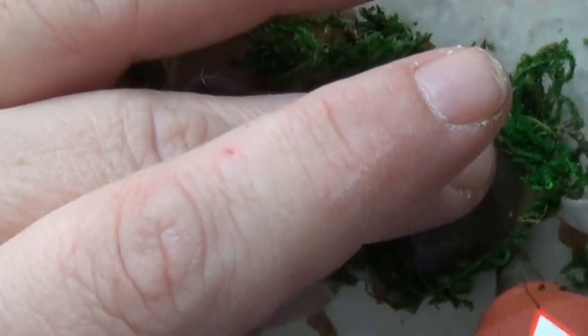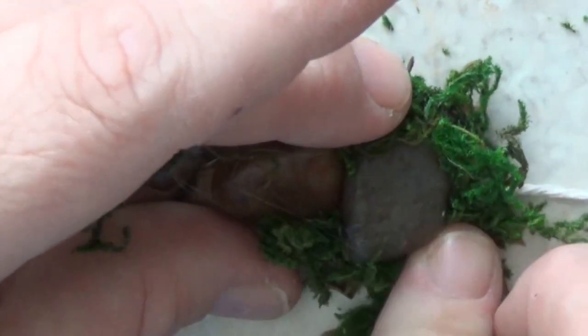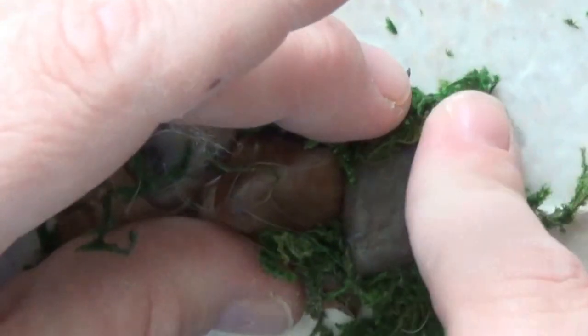Use some other kind of glue. I can't think of anything. I don't know if Elmer's glue would do or not. It may. Mod Podge might. I have no idea. So I'm just using what I have on hand. So just use what you have on hand